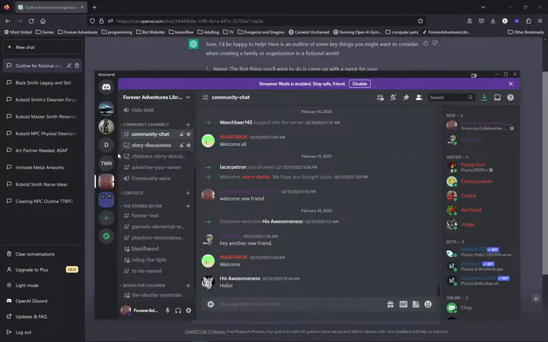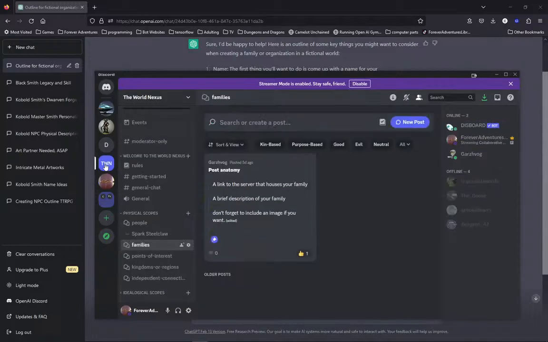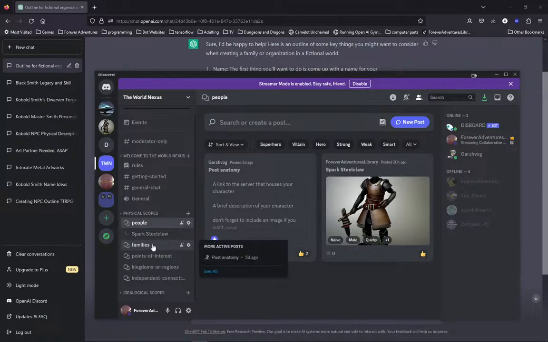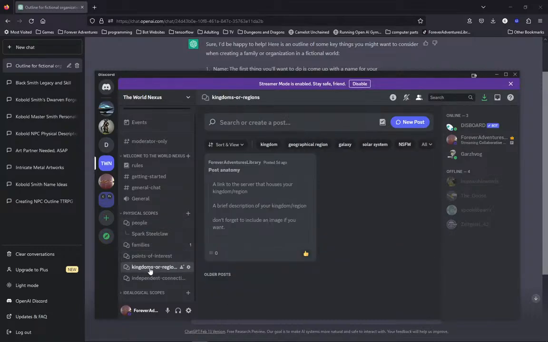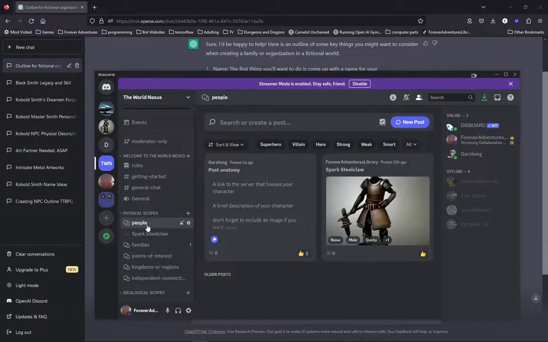And then also, primarily what we're going to be talking about today is the World Nexus, which is a project where we're building modular world building, right? So you can create a family or organization, individual points of interest, or entire kingdoms in different worlds, whether they be fantasy, sci-fi, whatever it is.